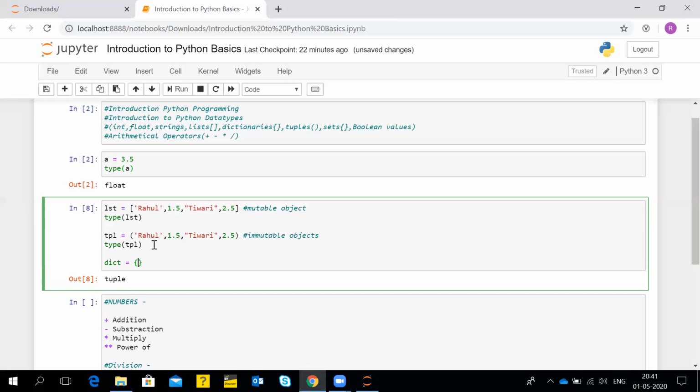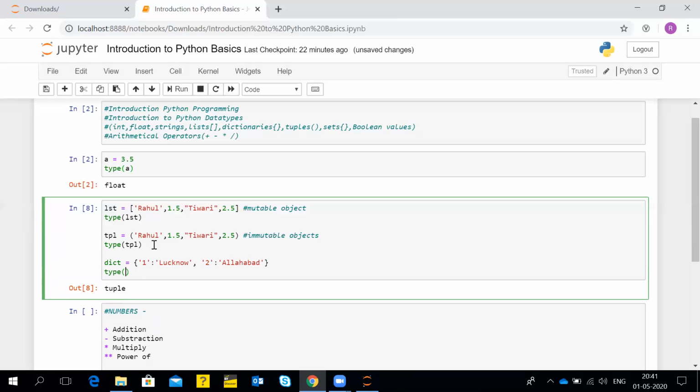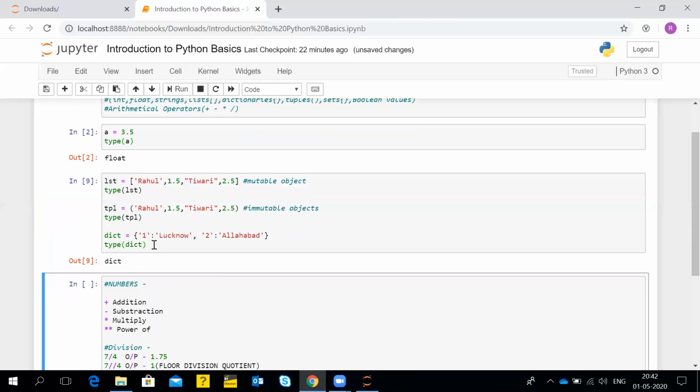If I write, suppose, like this, now you can see that the type of the dict variable is a dictionary.